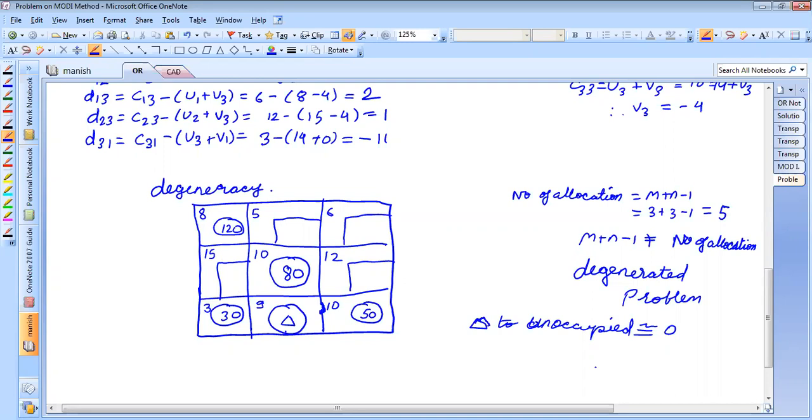So what is delta? Delta is an allocation which is provided, equal to 0, to an unoccupied cell to make it an occupied cell. The reason for creating it is that delta is approximately equal to 0. So this will not affect your supply constraints, neither will it affect your demand constraints, neither will it affect the cost of transportation. Is it correct? Is there any doubt up to this point?